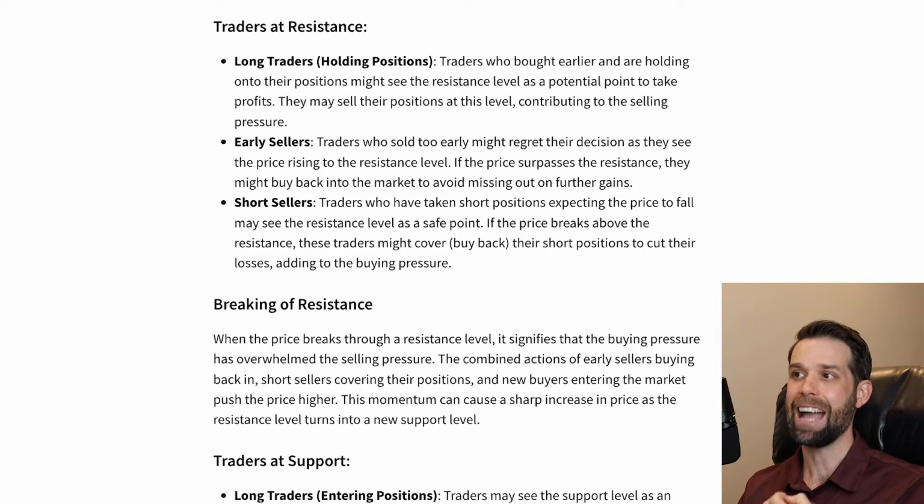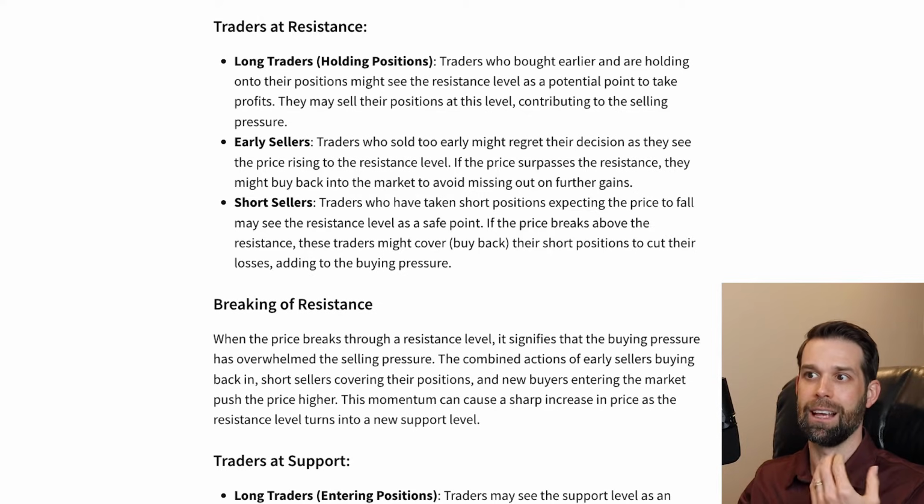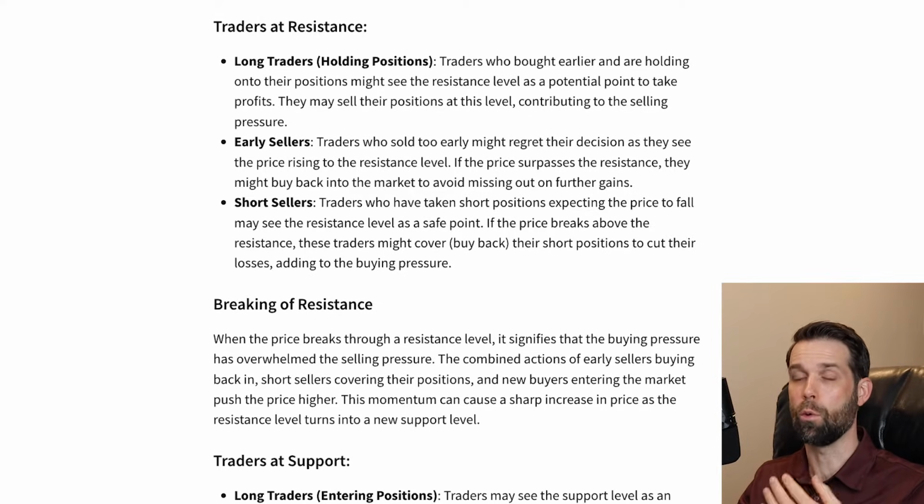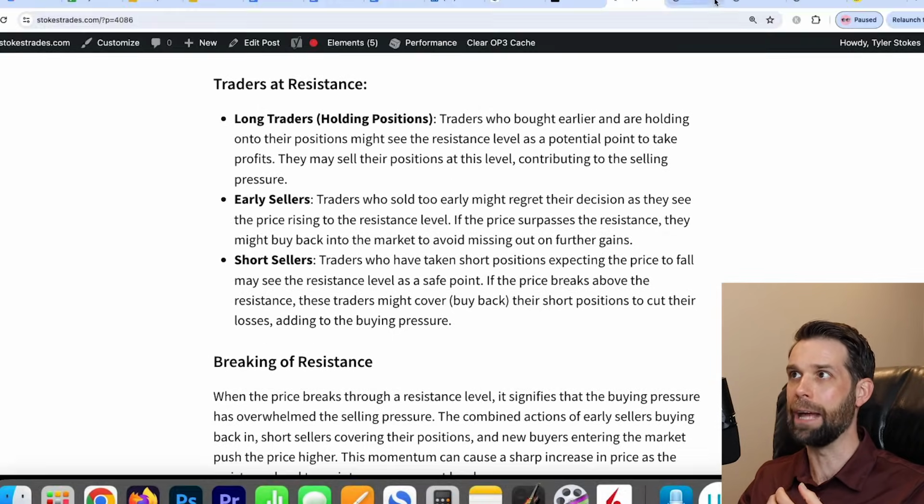So the combined actions of potentially early sellers buying back in or short sellers covering their positions because resistance did not hold, and new buyers entering the market push the price higher, and this momentum can cause a sharp increase in price as the resistance level turns into a new support level. So if we just jump back over to those images we were looking at,